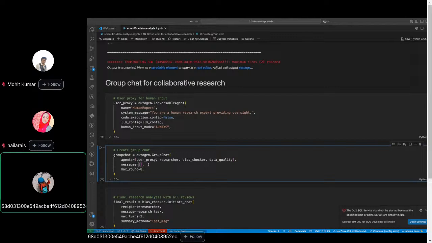If user proxy is doing something that researcher agent doesn't want, it will just clearly say to the user proxy, okay, I don't want this information, you can skip this. So these things help when, again I'm saying, when you are dealing with very critical data, even not critical data,